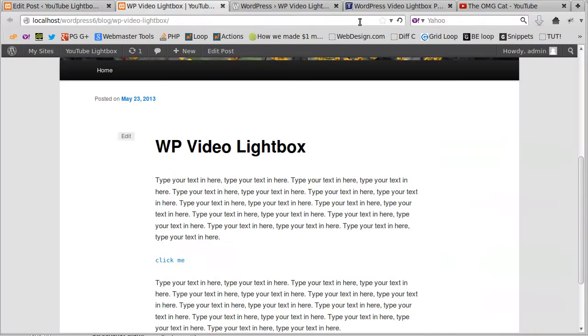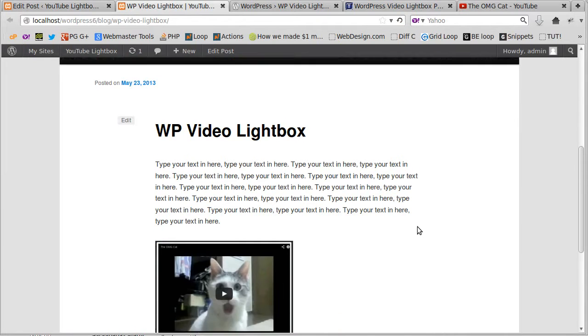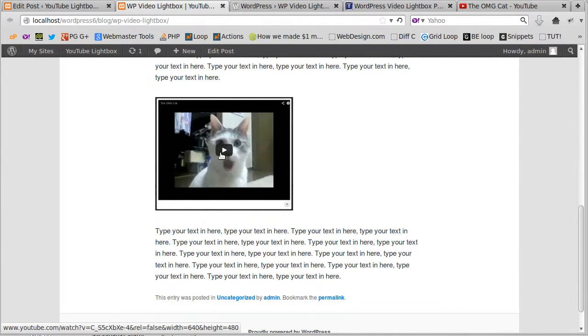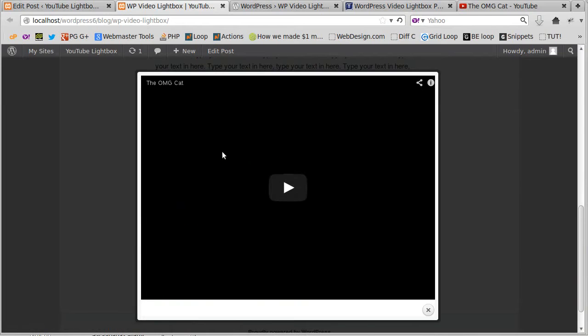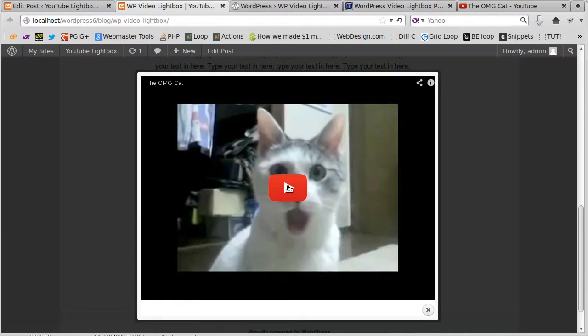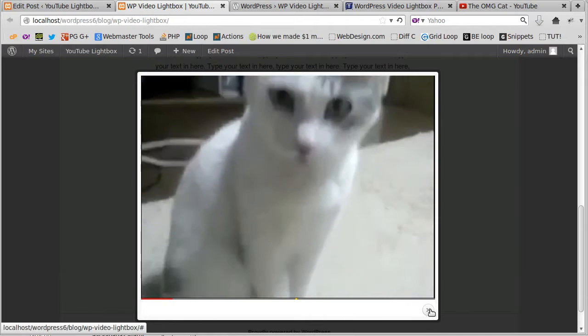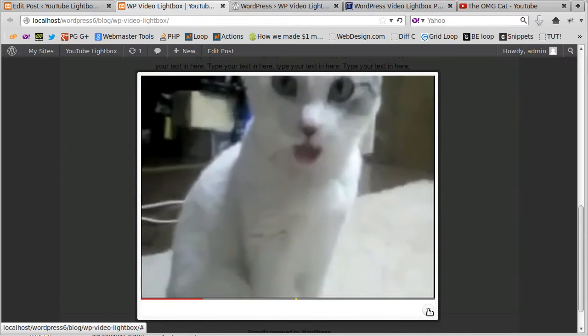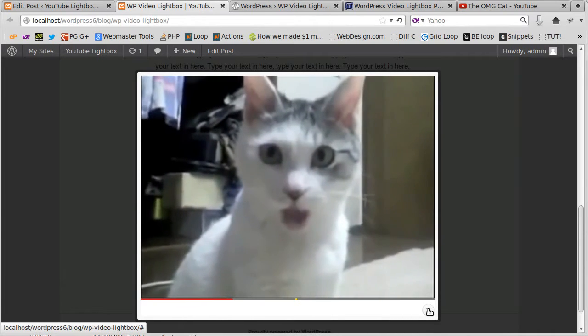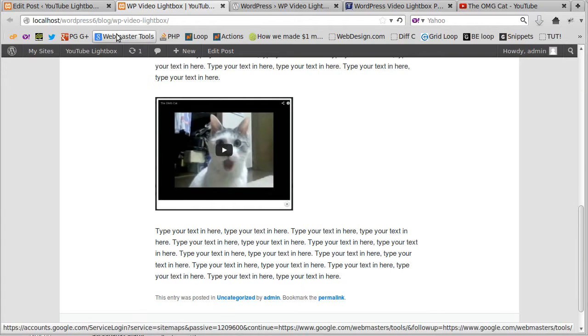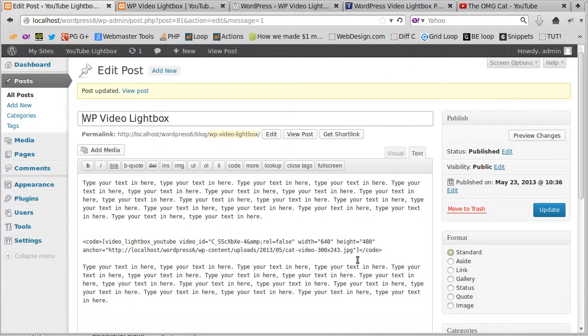Now we'll refresh the page, and there's the cat image. So we click it, and then play the cat picture. There's our video. So I'll just show you once again. Where it says code here, WordPress has inserted that automatically. We don't really need that. WordPress just put it in for us. But that might or might not appear on yours